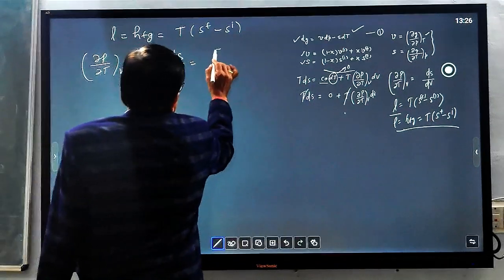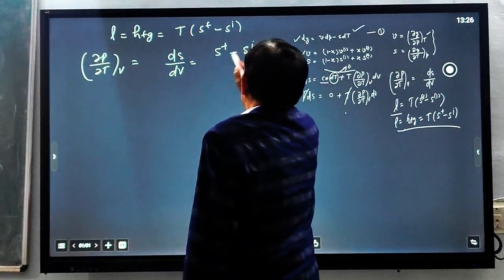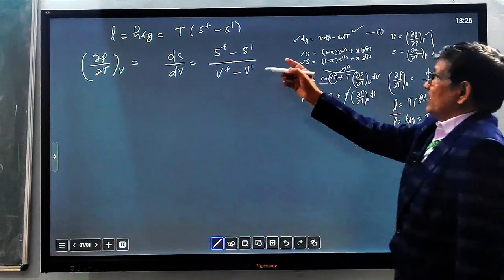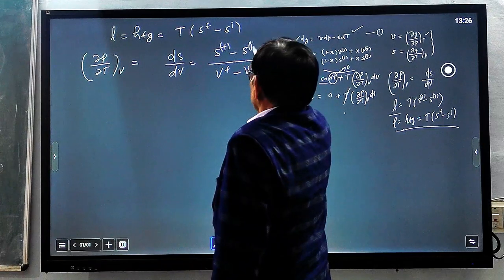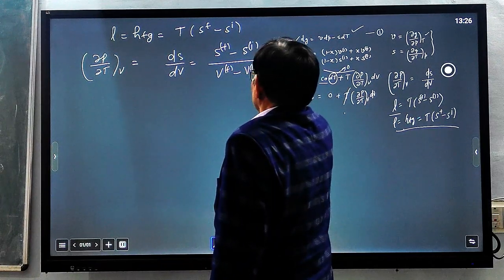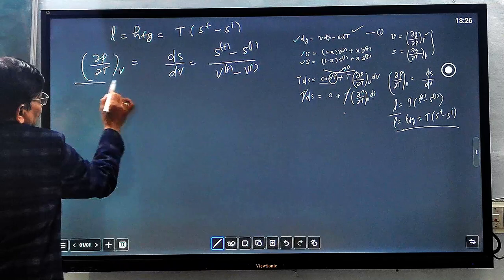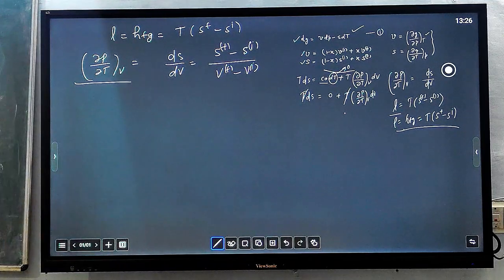We can write this as SF minus SI upon Vf minus Vi: change in entropy, final entropy, initial entropy, final volume, initial volume. Because del P over del T at constant volume is independent of V,